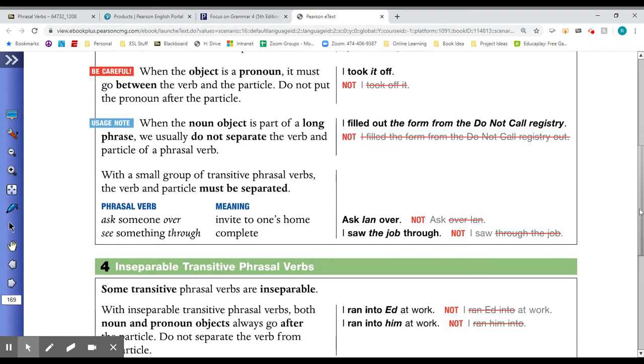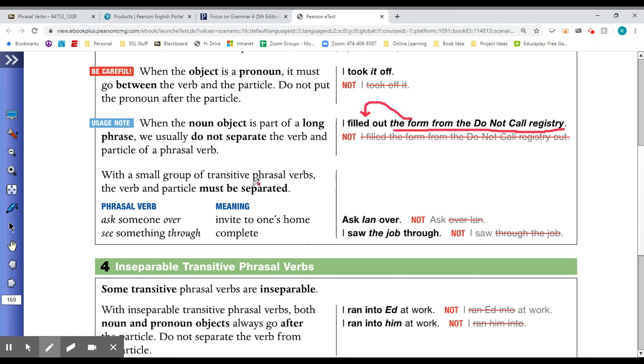In English, when the object of a phrasal verb is a noun and it's a long phrase, we do not separate the verb and the particle. So the phrasal verb to fill out the form from the do not call registry. This is a long noun phrase that is the object of this verb to fill out.